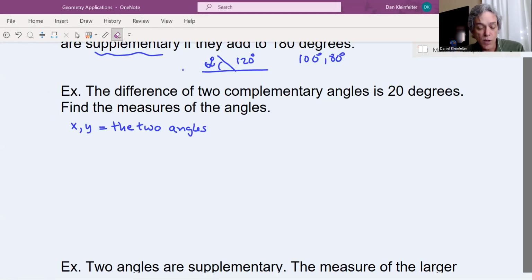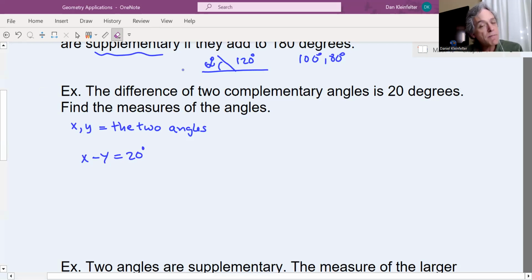And we're told the difference of these two angles is 20 degrees. Difference means subtraction. So I can say that x minus y is 20 degrees. And then you'll notice this problem has only two sentences in it. That first one I turned into x minus y equals 20. And then the second one just tells us to find the measures of the two angles. So it can appear that we don't have enough